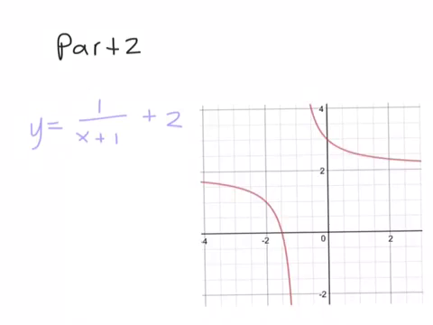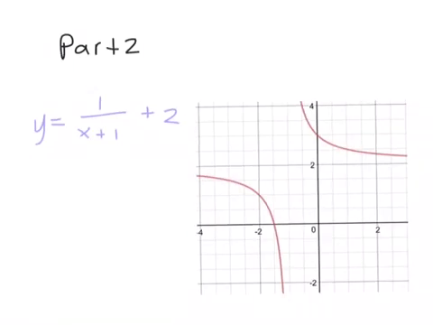For part 2, I'm going to show you a single function with the following transformations and show you how to graph it. So it has to have a horizontal shift to the left, which is your h, and a vertical shift up, which is k. So I get to pick the h and k, so I chose y equals 1 over x plus 1 plus